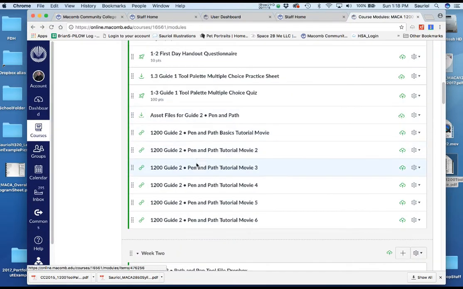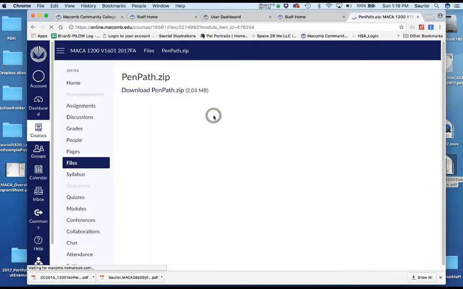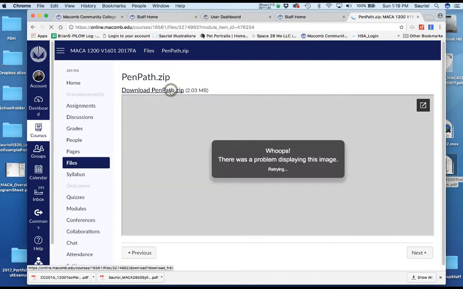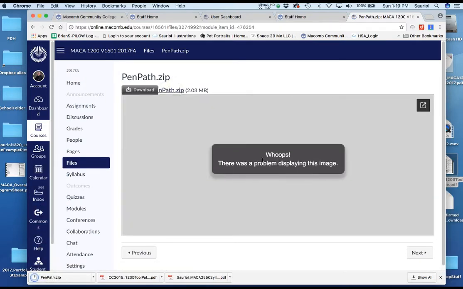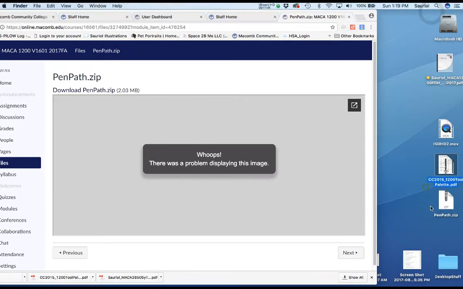And now when you begin, and I only want to go through this on the first assignment, you of course would click the assets. So there will always be an asset. If there are files that you need to have, you would click the asset files. So when I click that, I'm going to click the zip. Of course, because it's a zip, it's going to download to my desktop. Now, here's the pen and path zip. That was in the week 1 module, so you double click it.